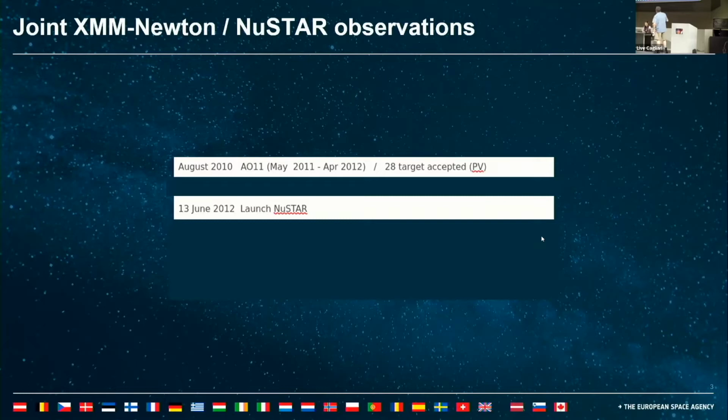In August 2010, AO11. Now, in August we call, but it is basically one year later we make the observations, and the NuSTAR start. The launch of NuSTAR is basically after this AO. And for me, this was without any thinking. I was not expecting that there would be any request for an observation with NuSTAR, because simply this AO would be finished here. It might be that there were some overlaps, some slips later,